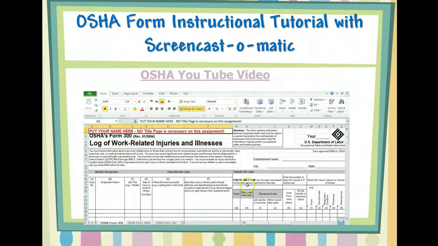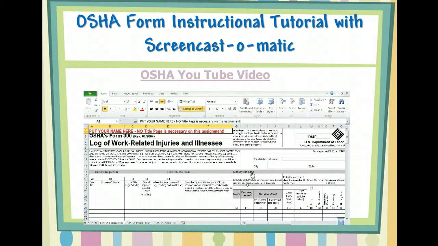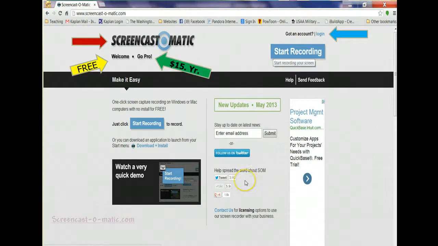You can also insert a video into a video. So right now I'm recording this video, and if you notice, there's a video here, and I'm just going to show you. Okay, class. I want to go over the OSHA instructions with you so that everyone understands what they're supposed to do. First of all, okay, so I'm not going to bore you with